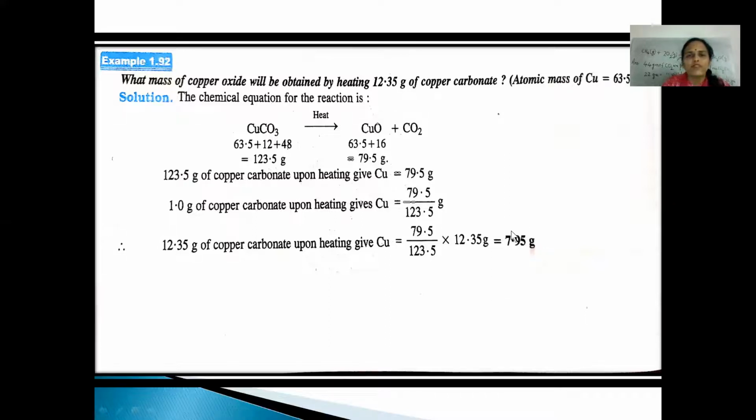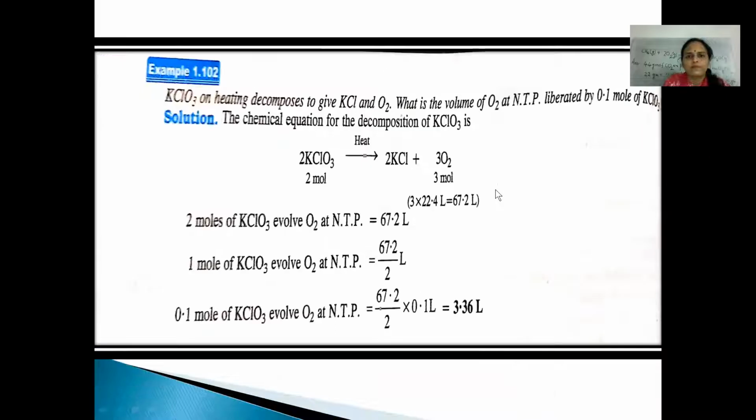So it's a very simple stoichiometric calculation. You need to correlate only the equation and what is asked in the question, and you calculate it. That is how you will do the stoichiometric relations problem. Next question you see, the question is,